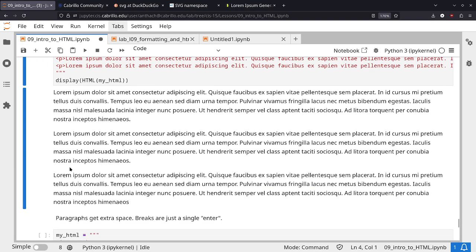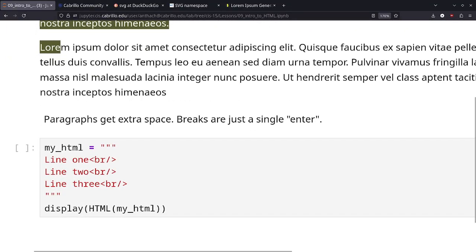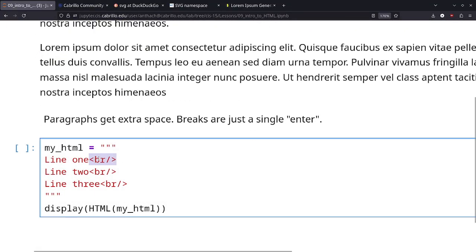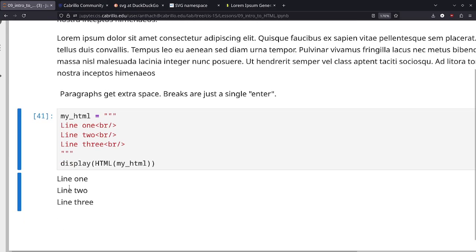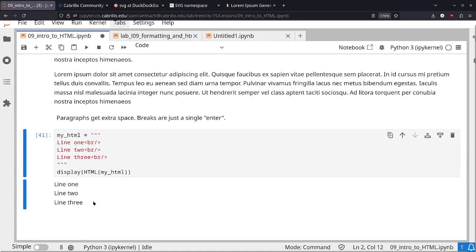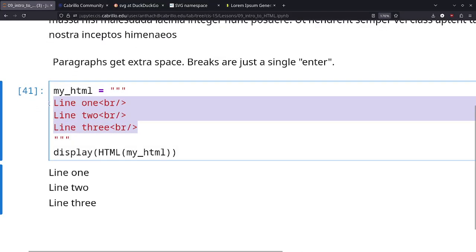If you didn't want them to be having this extra vertical white space, you could use a line break. Line breaks look a little different. It's a BR and then forward slash. Basically, it's not a paragraph. They're right next to each other. Okay, this will be useful stuff later. You're going to be using line breaks, like